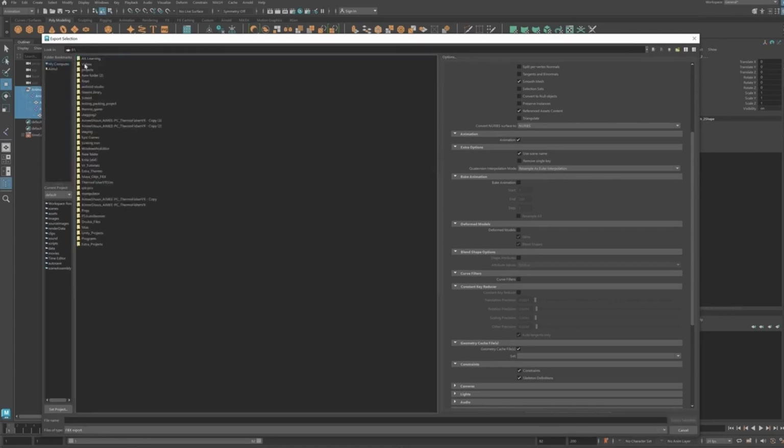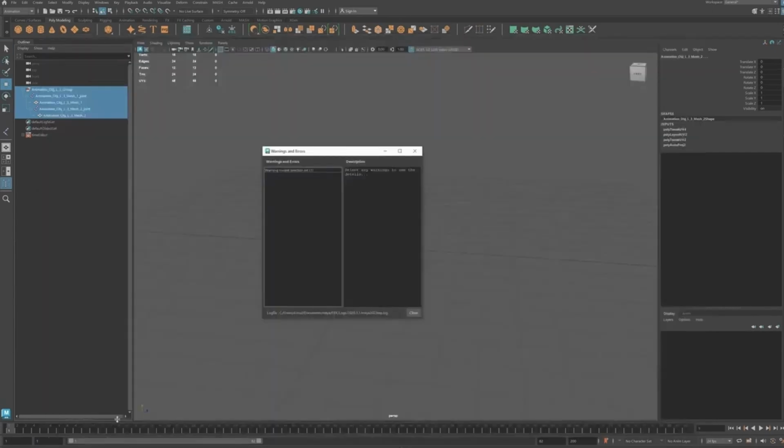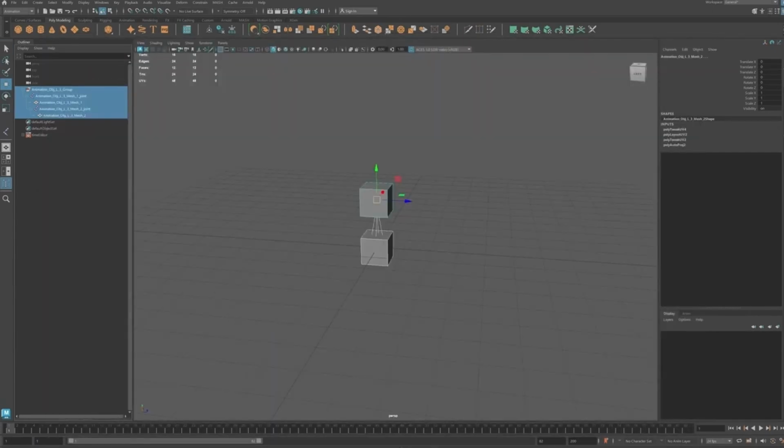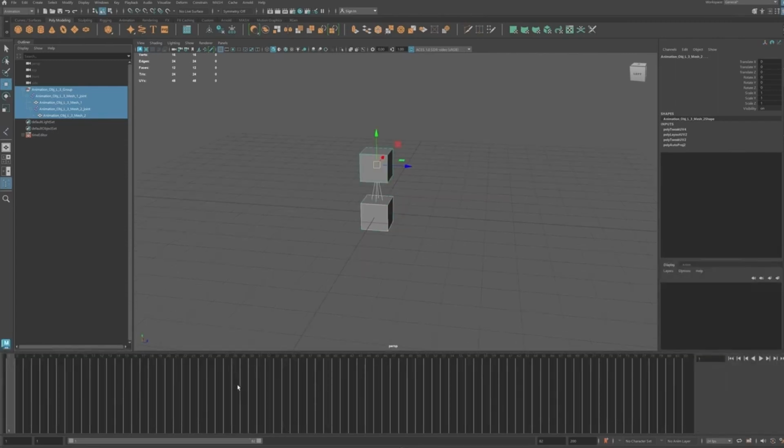So go to your projects file where you're saving everything, and go ahead and save your animation rig for lesson 3. Alright, so now just real quick, we're going to make a quick little animation so that I can show you how to do that later. So click on your second joint,